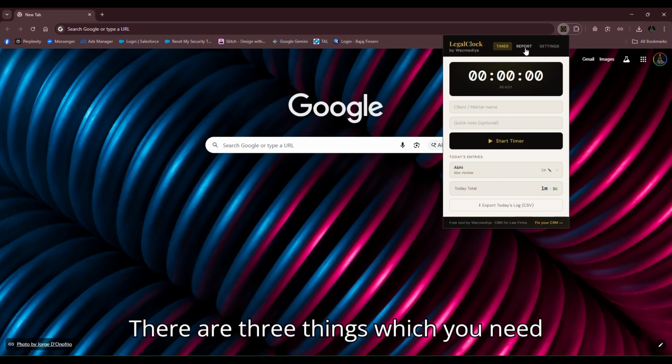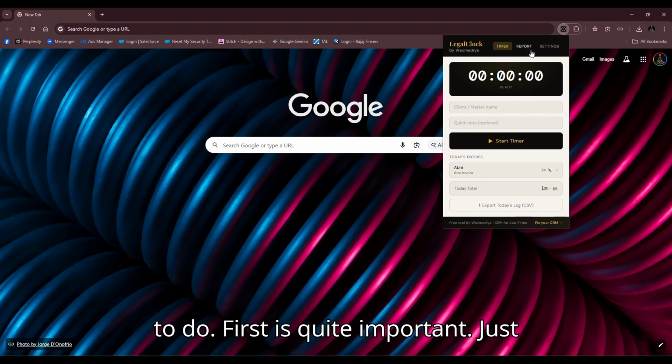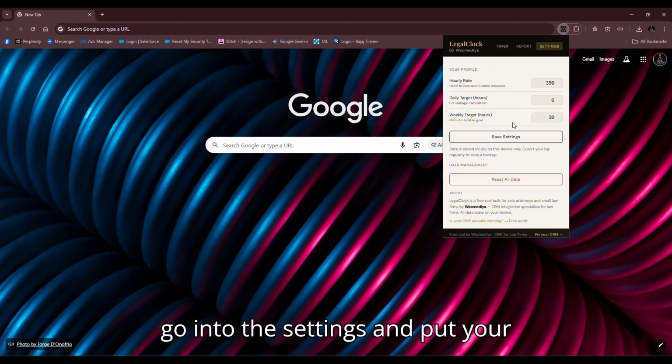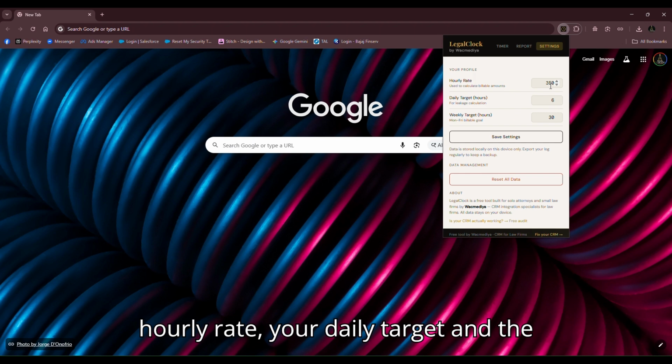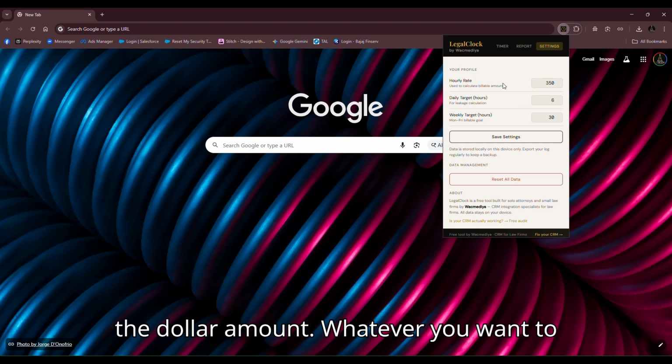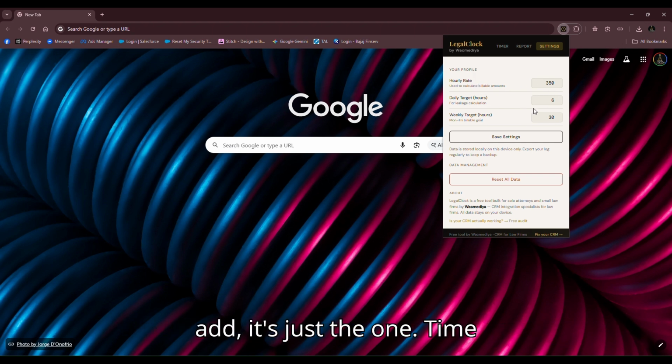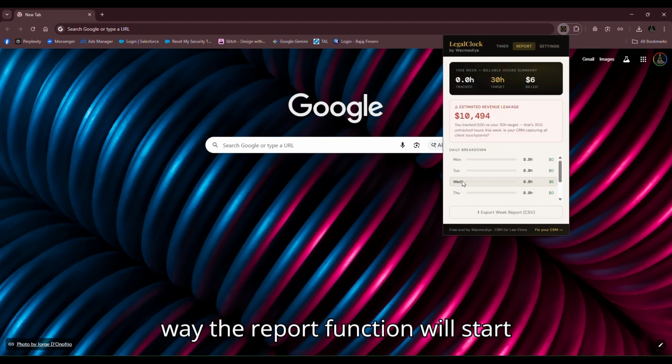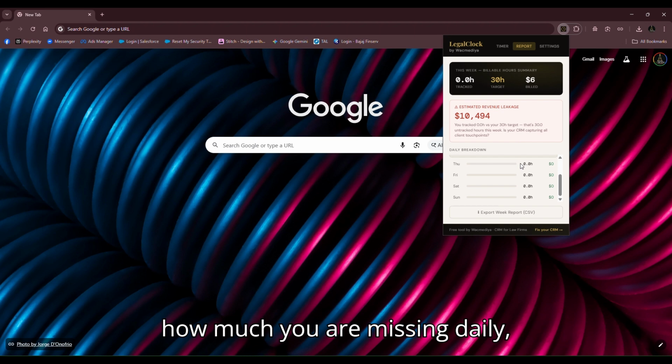There are three things which you need to do. First is quite important: go into the settings and put in your hourly rate, your daily target, and the weekly target, based on the hours and the dollar amount, whatever you want to add. It's just one time and you can save it. That way the report function will start working, and you will know how much you are missing daily, monthly,